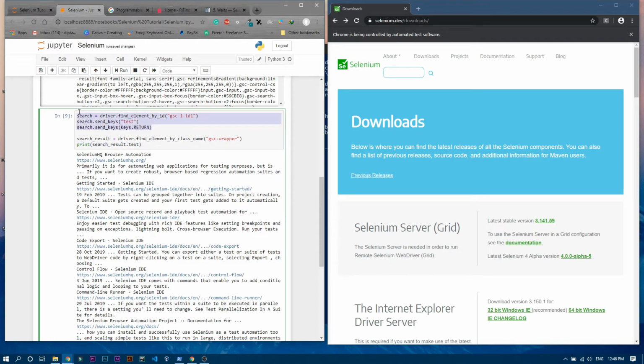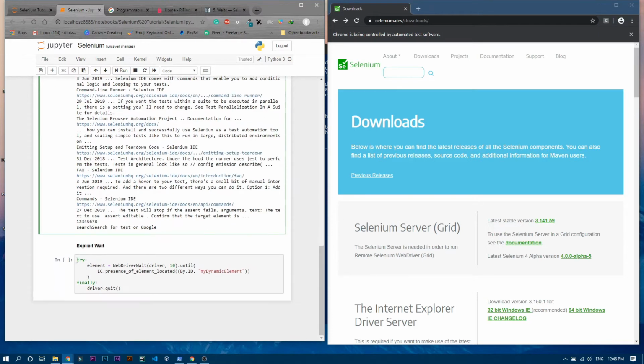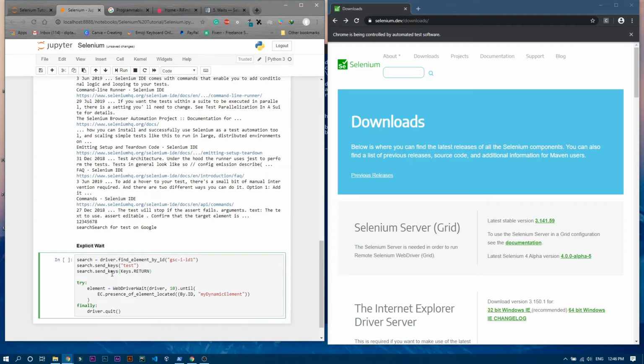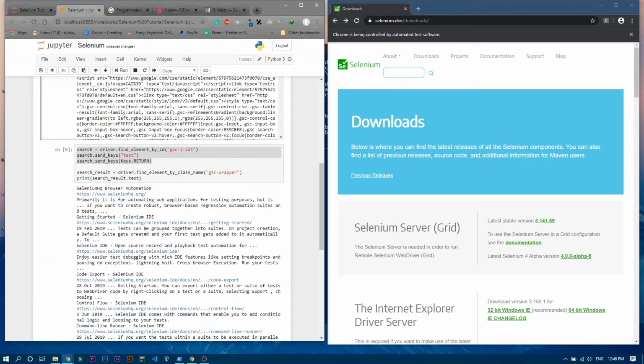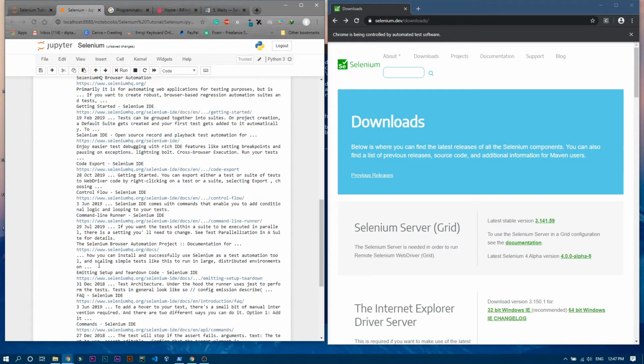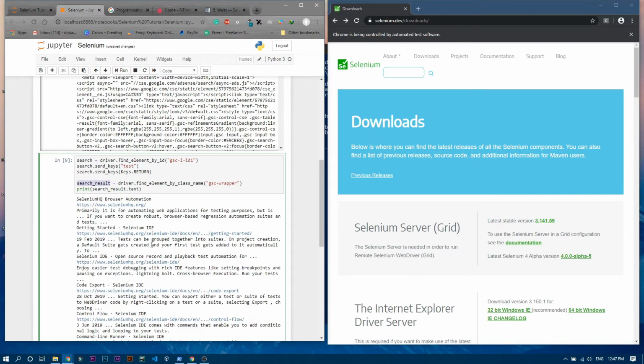So before that, I have to write these lines again so that it can go into the search section. That's why we have to write this section. It will actually go into the search section, send this test word over there, and press enter, right? And after that, we have to find the element by class name. So instead of writing By.ID, we have to write By.CLASS. Let me press tab. Yeah, it's CLASS_NAME. And we will store that into the search result, right?